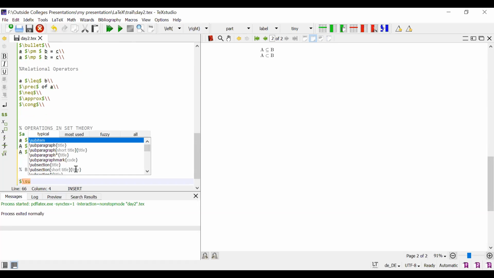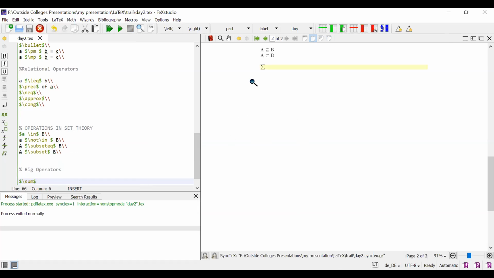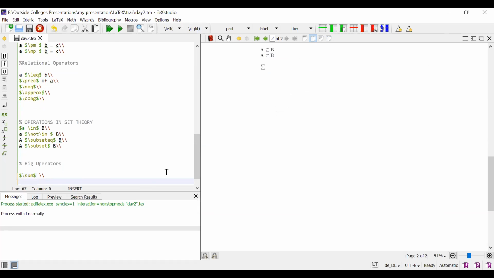Suppose I want to get summation. Earlier I performed the sigma, that is a small summation symbol. This is a sum, the summation of the series. Suppose I want to perform the extension of the product, in the sense the product of a certain series.